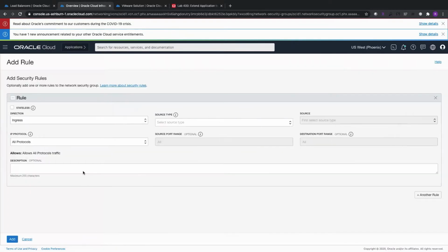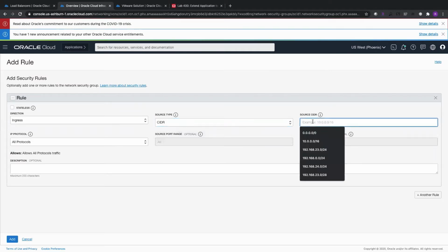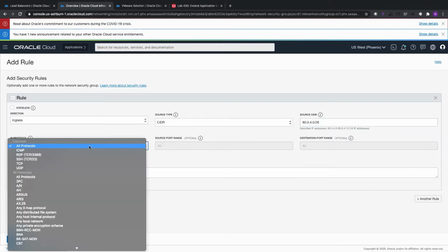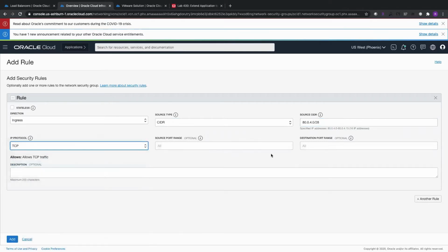Here, add another rule for CIDR and paste the public subnet CIDR over here as your source CIDR. IP protocol will be TCP, destination port 80. This rule we are adding so that we can allow traffic for port 80 from the VCN to the workload network within a VMware HTTC. Click Add.